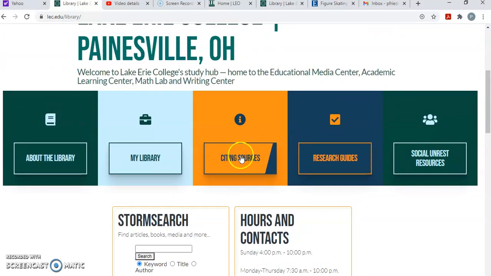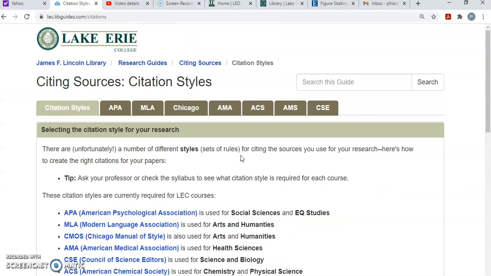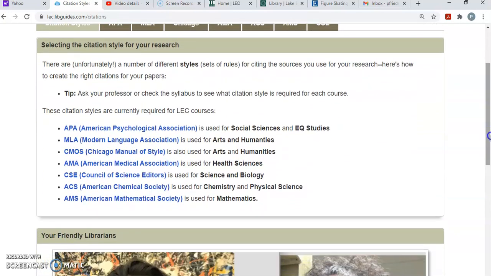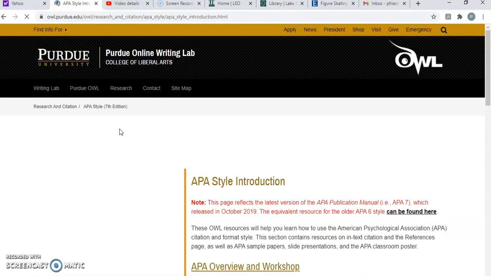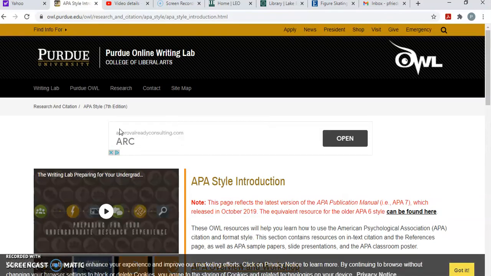So we're going to go to Citing Sources. And we have a list of the citation styles for the different courses that are here at Lake Geary. So I'm going to focus right now on APA, which it says is for the social sciences and ed studies. For education, you'll also be using APA. So when I click on it, we have